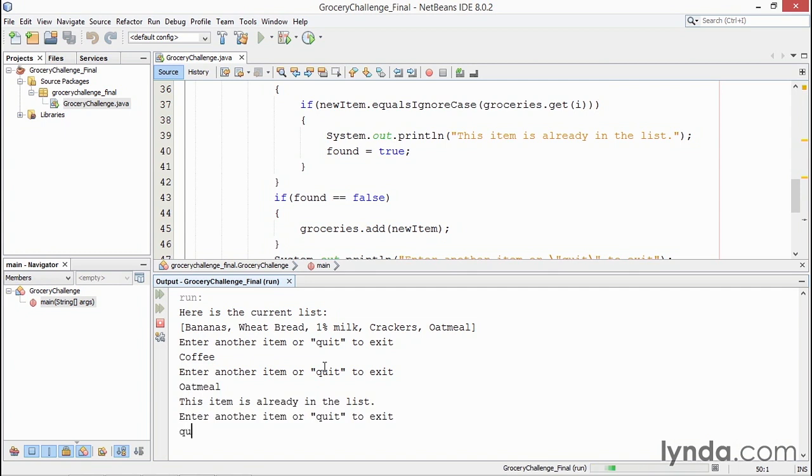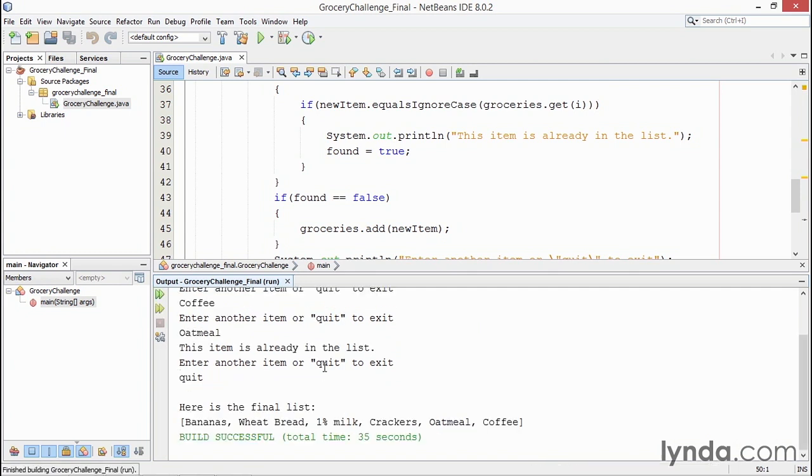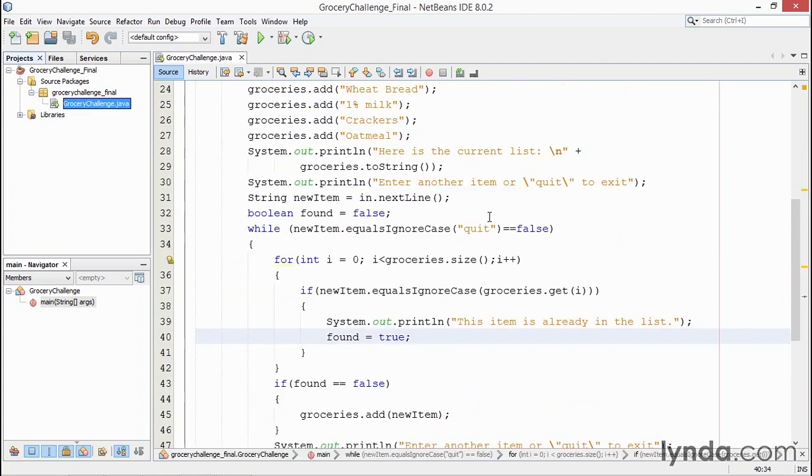Okay, let's go ahead and quit. My final list added coffee to the end, and you can see it only added oatmeal one time from the original list. Okay, I hope this helped you to understand a little bit more about how to use an array list and how to search an array